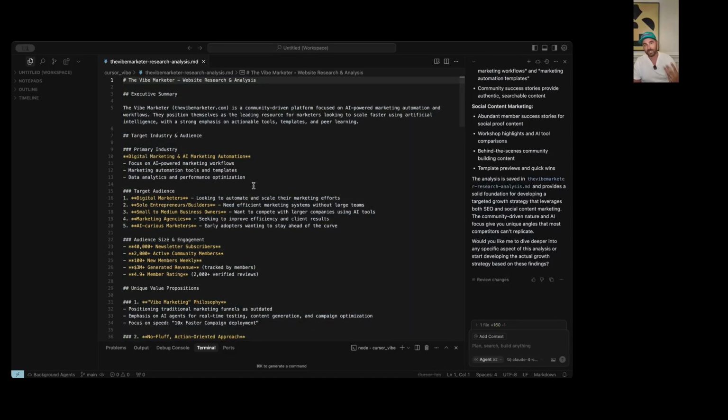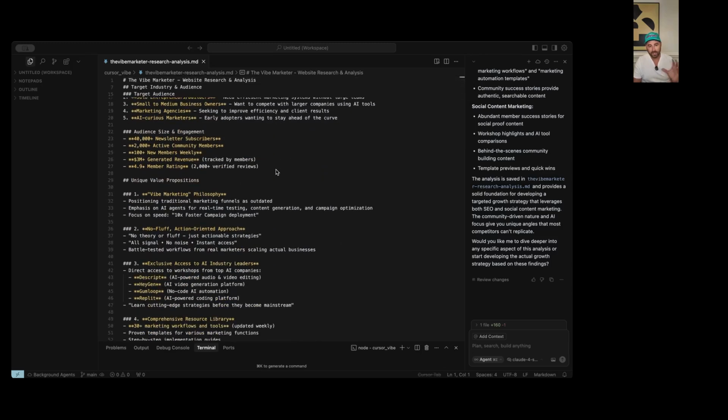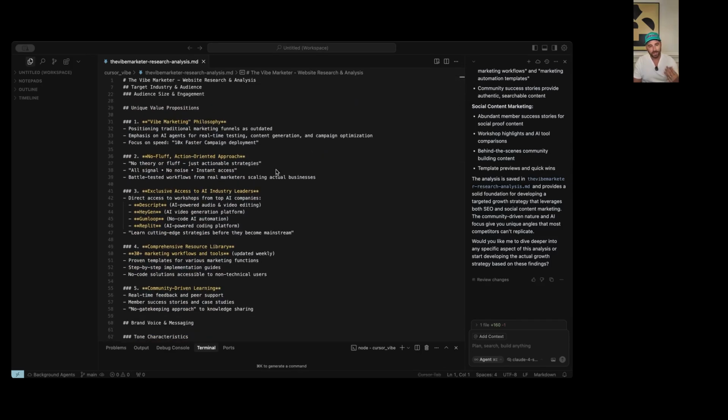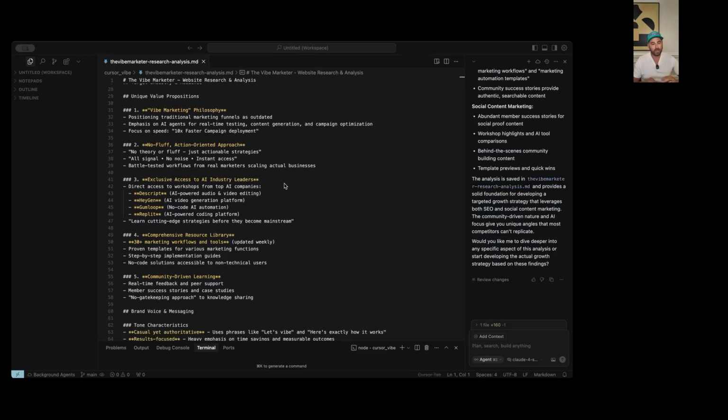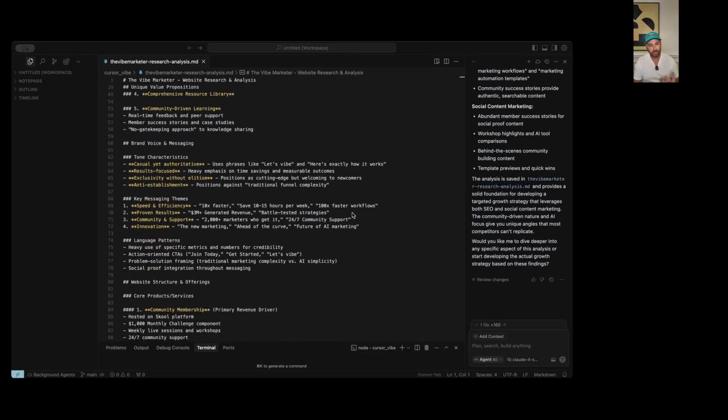Let's check it out and see if it's relevant. So it's got an executive summary: community-driven platform on AI-powered marketing automation and workflows. This sounds good to me. It's hypothesized a bit about the target audience, the primary industry, audience size and engagement, some of the benefits and things that we're talking about on the page. And here are some unique value propositions. So the Vibe marketing philosophy, no fluff, action-oriented approach, exclusive access to industry leaders. It's got some of the companies that we've done exclusive workshops with within the community, comprehensive resource library, community-driven learning,